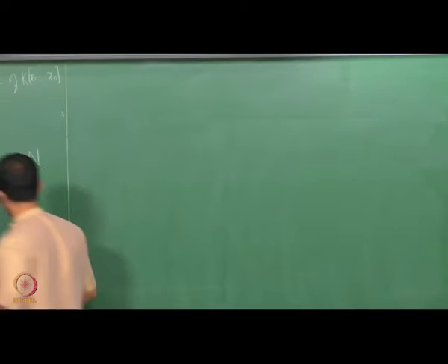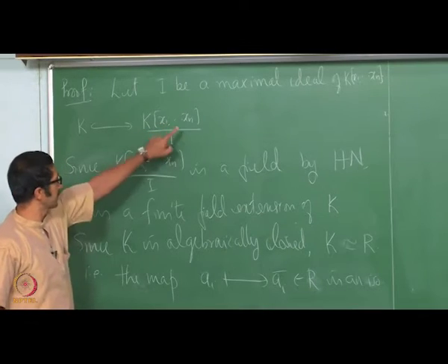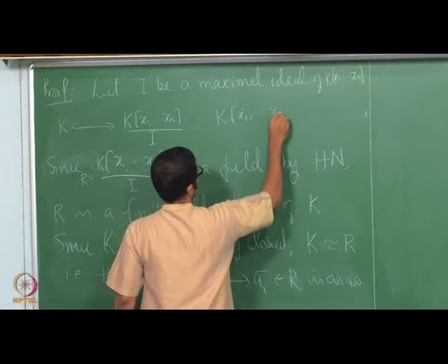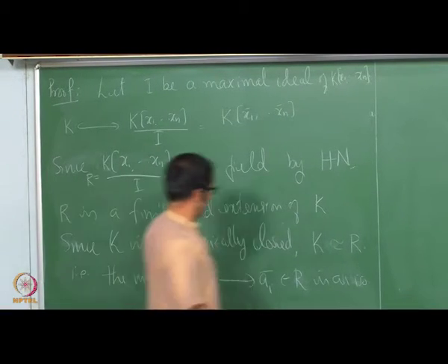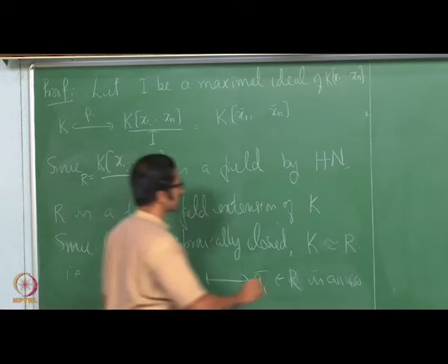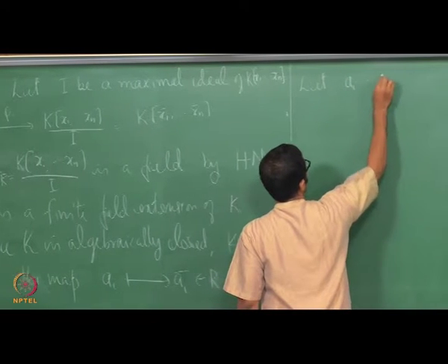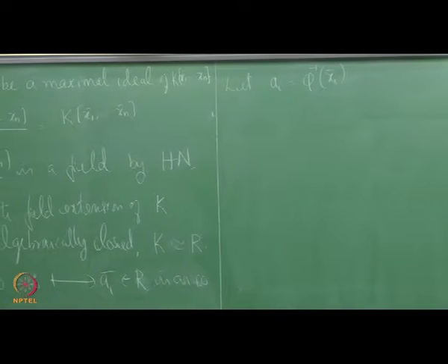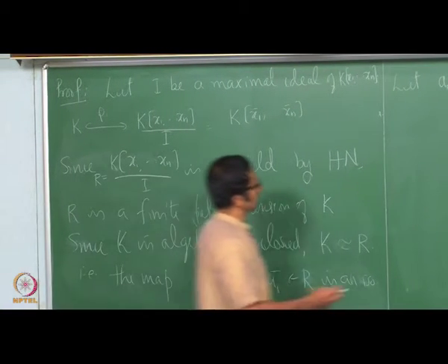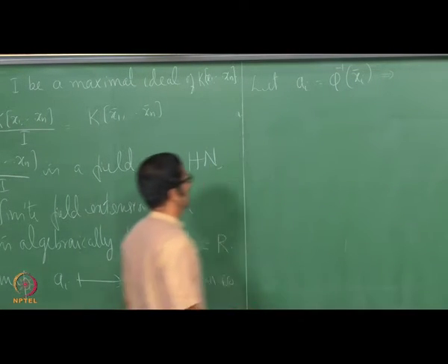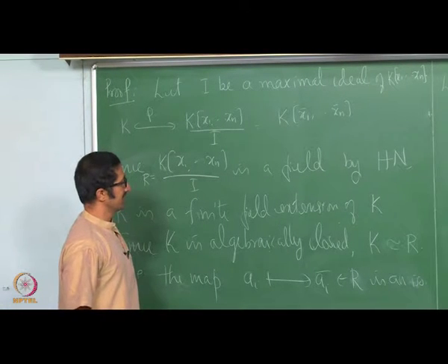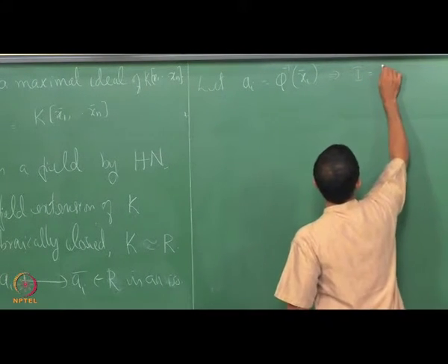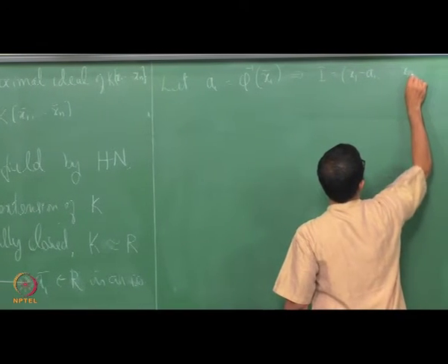Now, if I take K[x1, x2, ..., xn], x1 bar, I write this as K[x1 bar, ..., xn bar]. Let me call this map phi. Let a_i be equal to phi inverse of xi bar. This is uniquely determined. Then that says that the ideal I is precisely (x1 minus a1, ..., xn minus an),